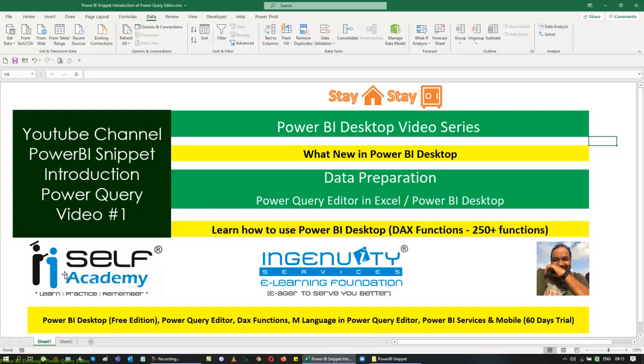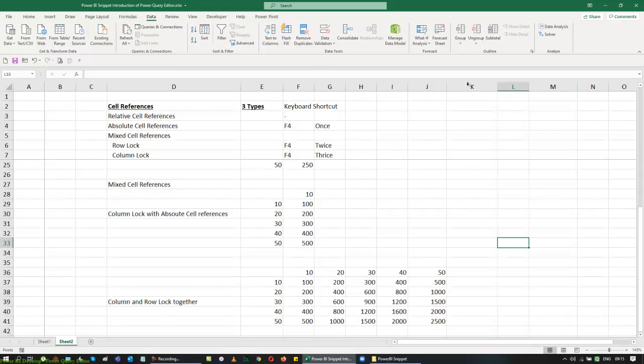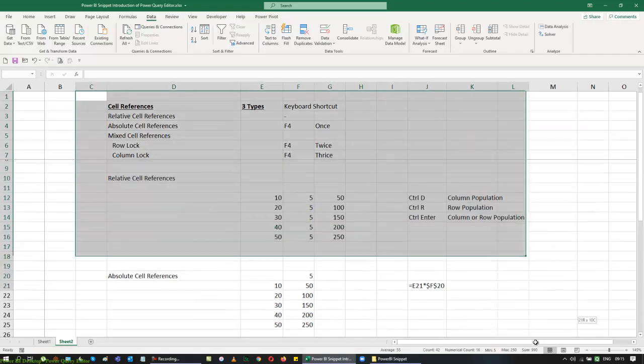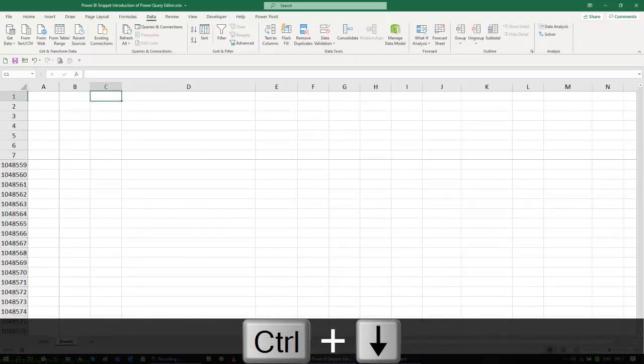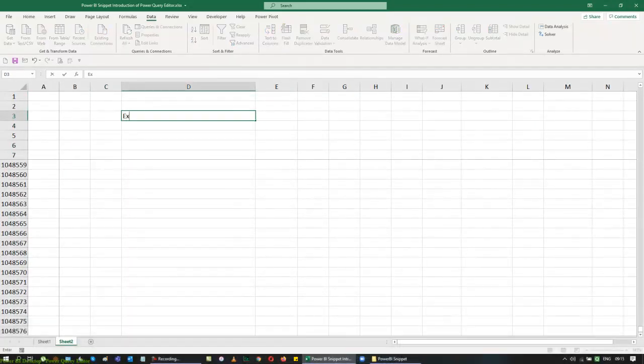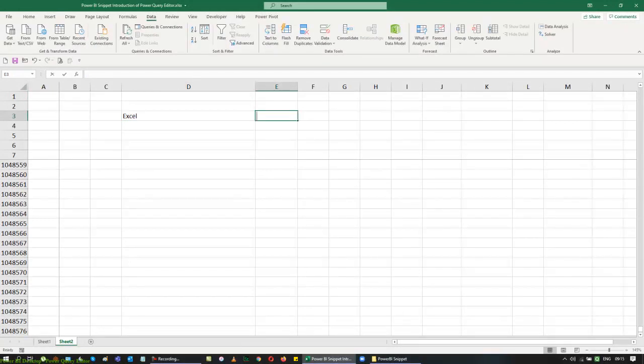For example, the logic behind our data is very simple. If you are using Excel data, the maximum rows that you can add is 1,048,576 and 16,384 columns. So this is the number of rows and columns you can add